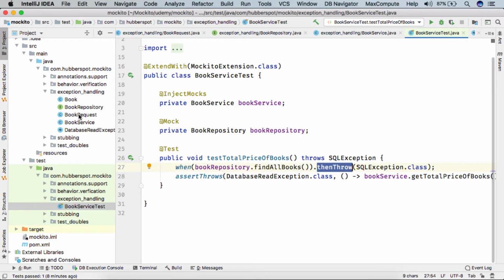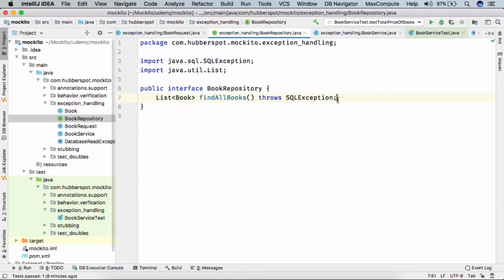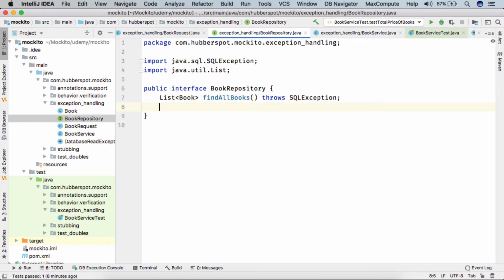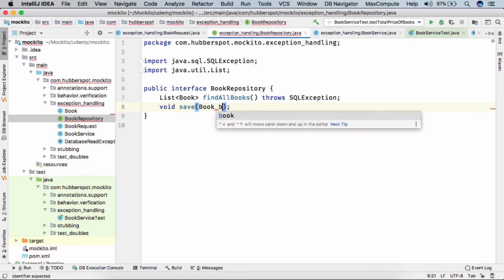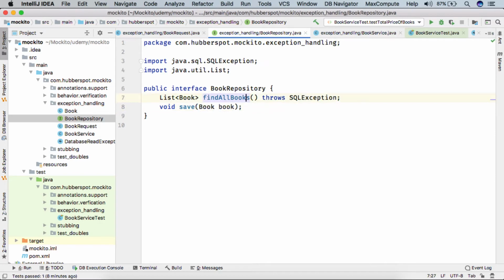So let's say in our book repository, we create a void method save, which simply saves the book, and let's say it can throw a SQL exception.